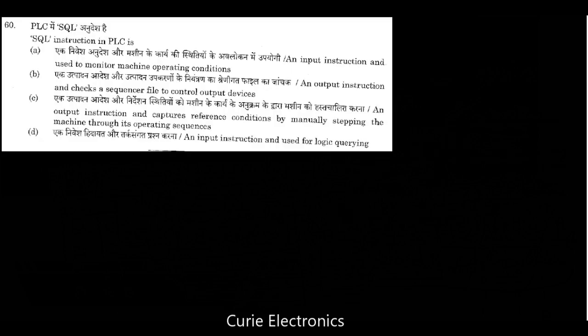The last question, question number 60. In PLC, the SQL instruction in PLC is... the answer is option C. An output instruction that captures reference conditions by manually stepping the machine through its operating sequence. I tried to read about it, but I did not get enough time, so I'm just giving you the answer. You read about it, understand it, and learn some more